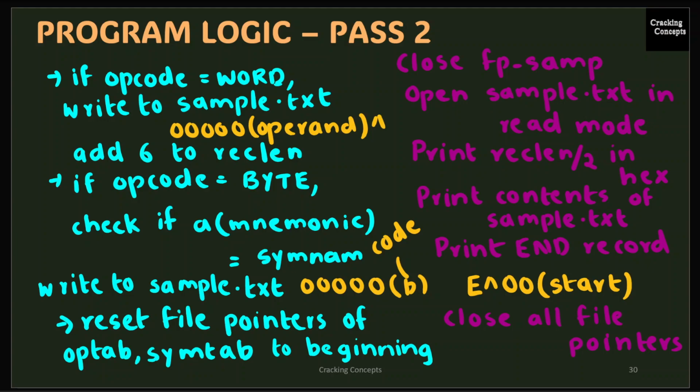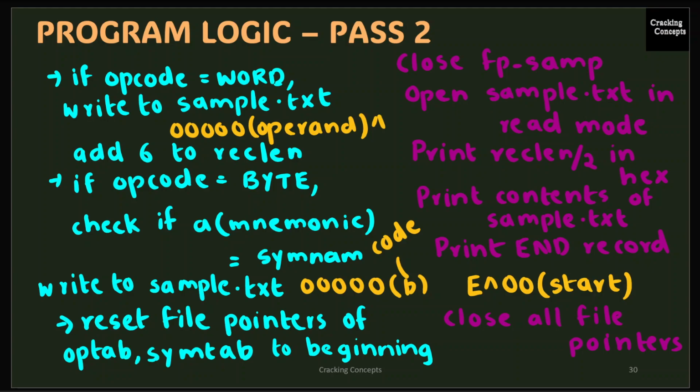Then I'll close the sample file because I am done writing the object code into it. Then I'll open it in read mode. Now, as I said before, there is a maximum of 60 columns, but the size is only 30, that is 60 divided by 2. So the record length will be divided by 2, and that will be taken in hexadecimal value. That will be the length of each text record. Then after the length is printed for each text record, it will be followed by the contents in the sample.txt